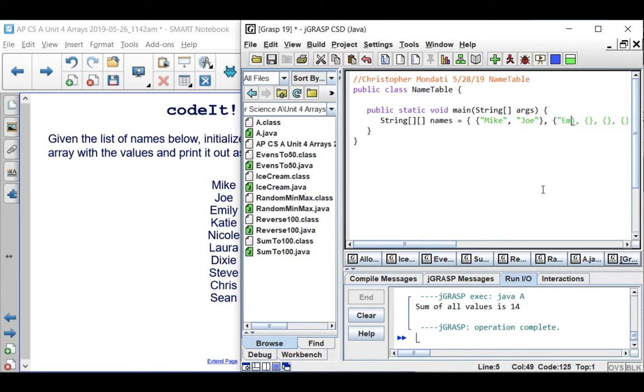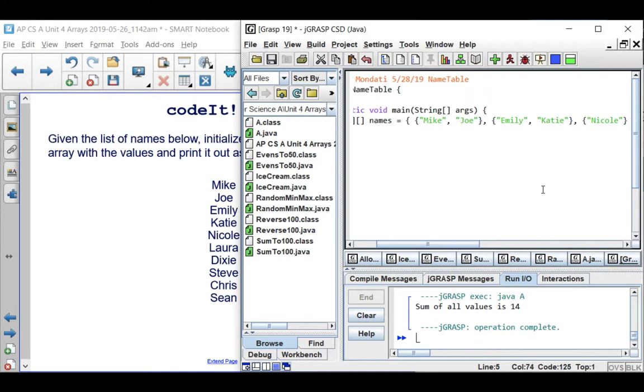So Emily, Katie. Then we want Nicole, Laura. We go on to the next row. We need Dixie and Steve. And the very last row, this should be Chris